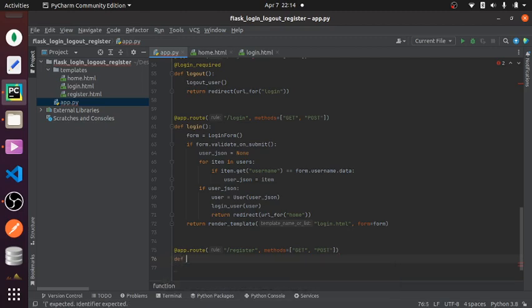Let's define a view function for it, register. Now in this